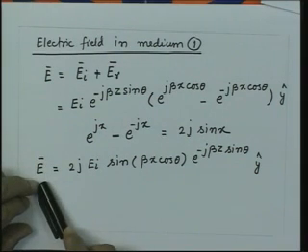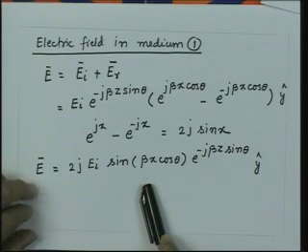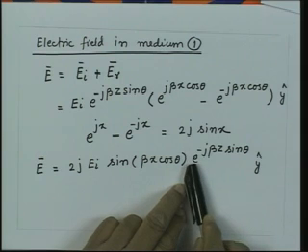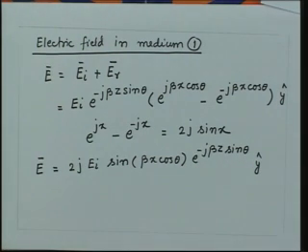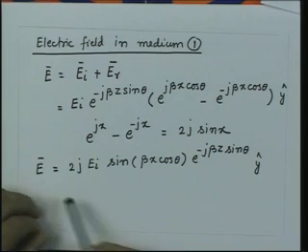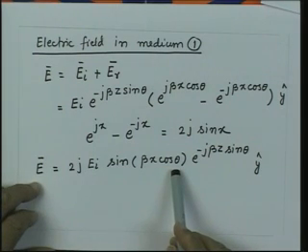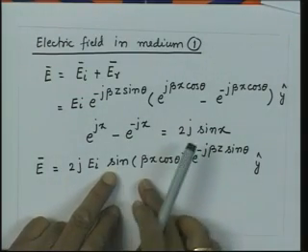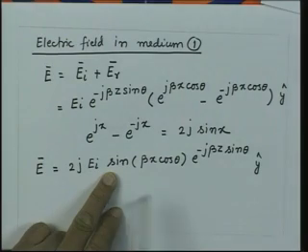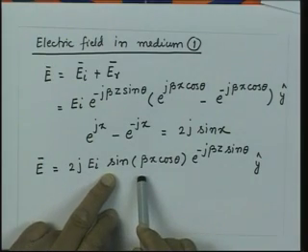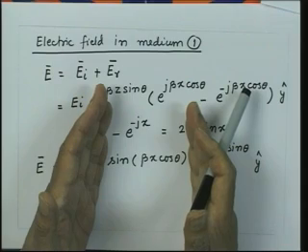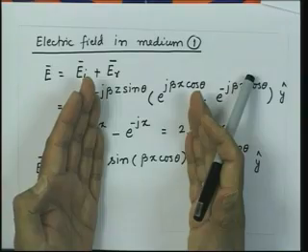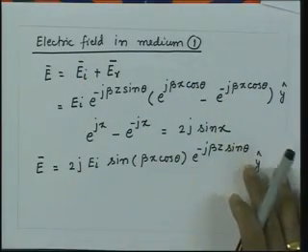So, we now have the electric field, which has a sinusoidal variation in the x direction and a phase term only in the z direction. What that means is that you have an electric field with a kind of standing wave behavior in the x direction, because this function does not have phase, but it has an amplitude variation which can go from 0 to 1, which is the nature of a complete standing wave. So, this term represents a standing wave in the x direction, and a travelling wave, given by this term, in the z direction.